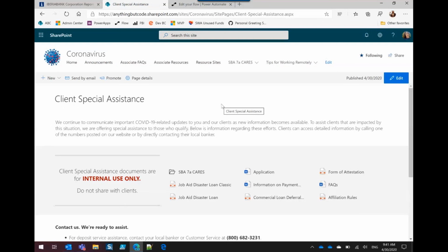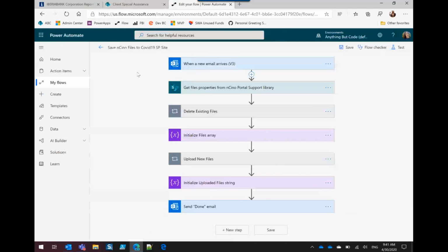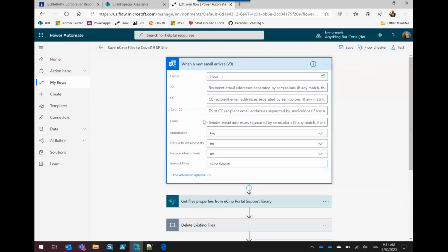So I finally got tired of them emailing me the files, and then I had to go delete the ones that were there and upload them. And plus on Sunday, they were mad that I was still sleeping at 9 a.m. So what I did was I went in and I created this flow in Power Automate, and it basically says, when a new email arrives, and I had them put a certain subject and just called it nCino reports, and that way it's looking through my emails for nCino reports, and it